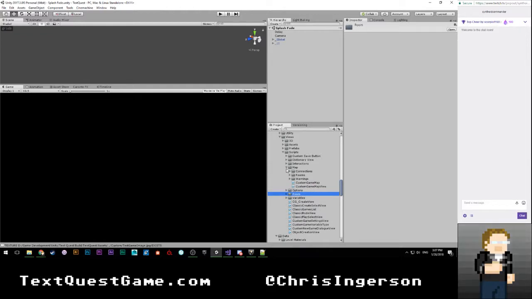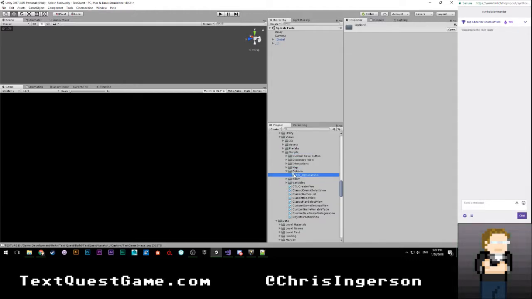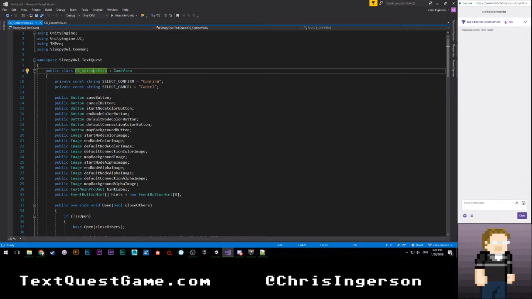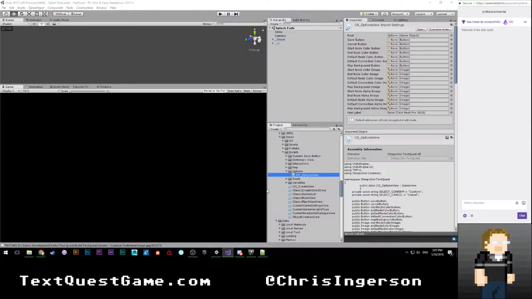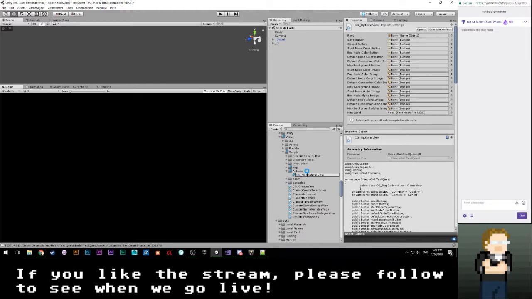Or I wonder if it would make more sense to move this stuff underneath map, because right now room and options probably belong under there. But let's go ahead and, first off, just rename this. So rename this to map options view from options view, and that's because I'm probably going to want to have options view. So let's go ahead and call that map options view.